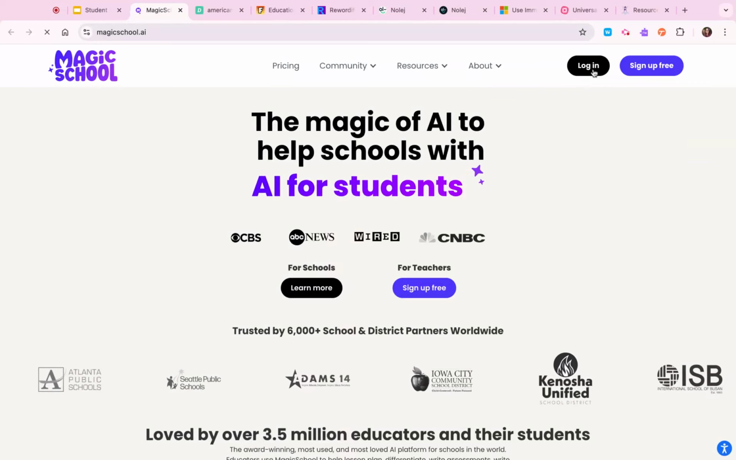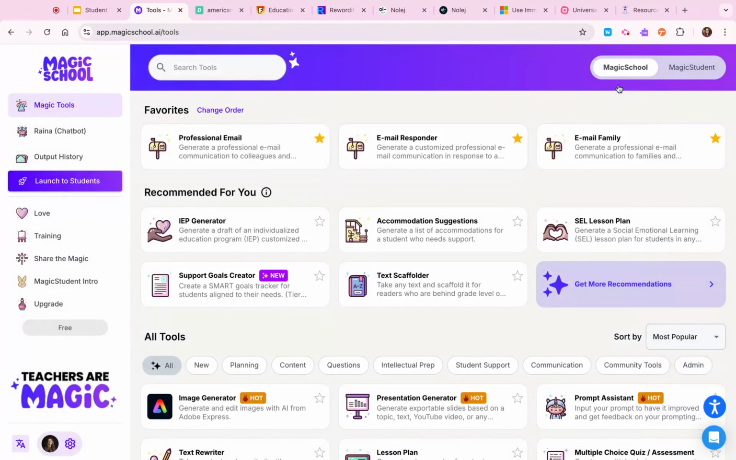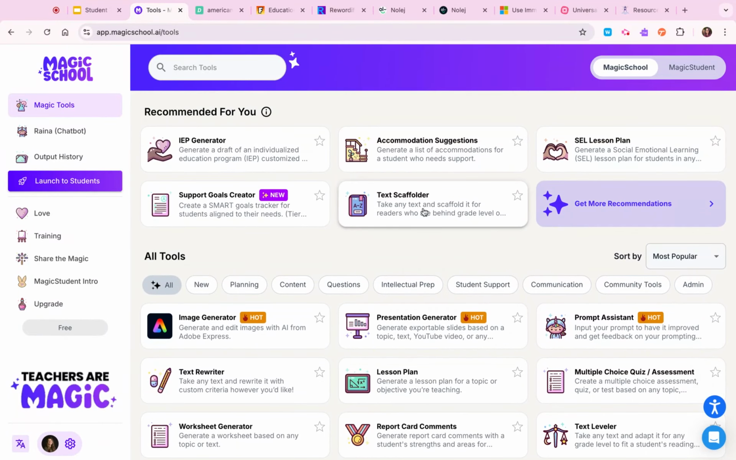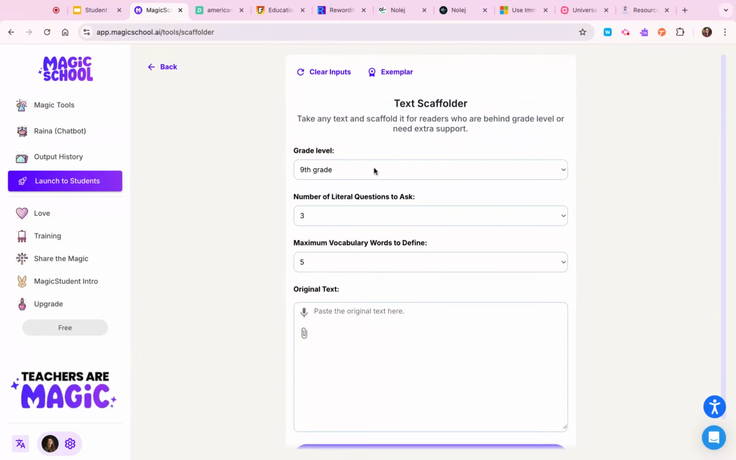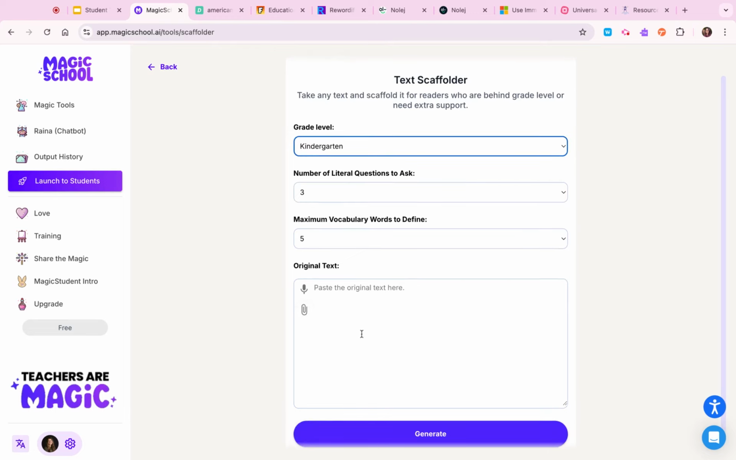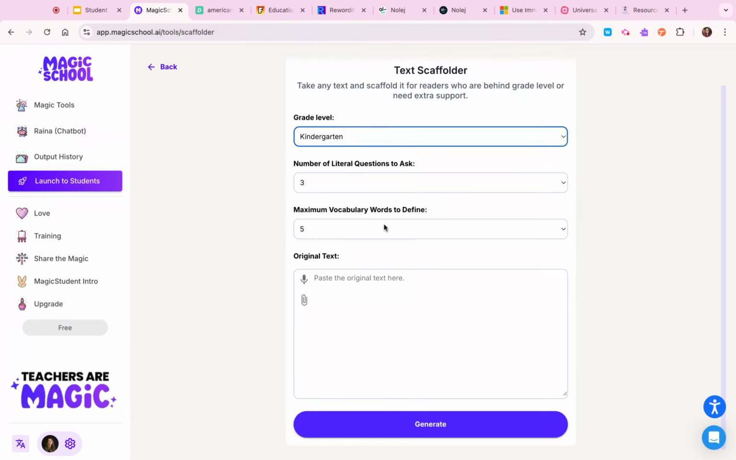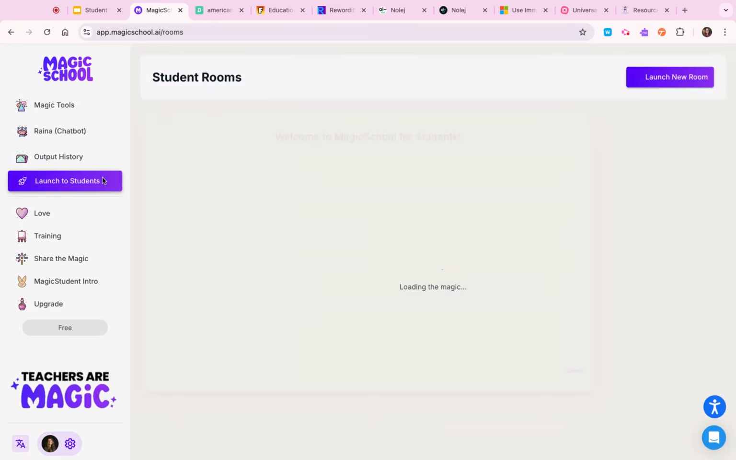I have heard there are a couple of districts who do utilize Magic School AI. And this one can be overwhelming because there's a lot of resources on here. But what I want to focus on here is the text scaffolder. So this one does allow you to go all the way down in grade level. I don't know about the pre-K one, but you can go down to kindergarten and you can ask questions, you can attach a document, and it will then modify it here. So there's a lot of really cool resources here